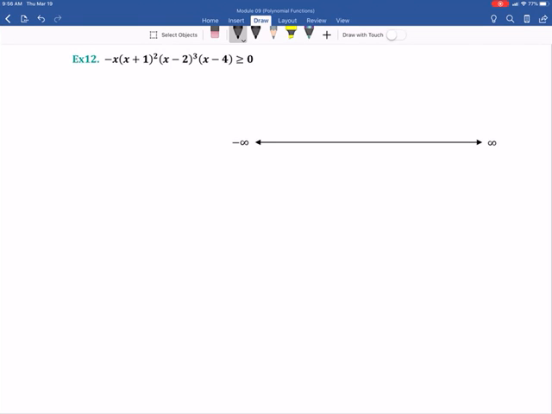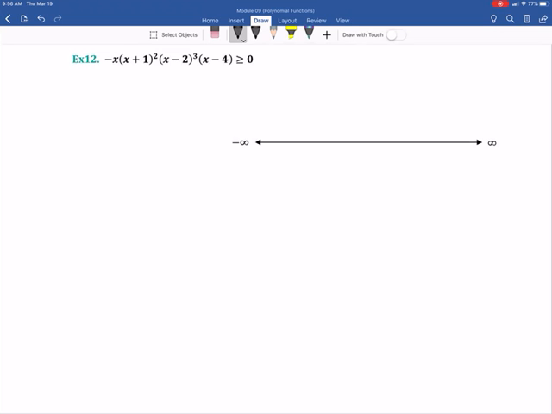Alright, let's look at another polynomial inequality, another example. Now in this example, you can see we already have the factorization given to us, a linear factorization. So it'll make it a little easier to create our graph of this polynomial using its characteristics. So let's go ahead and look at the first step, which is making sure all our terms are on one side,